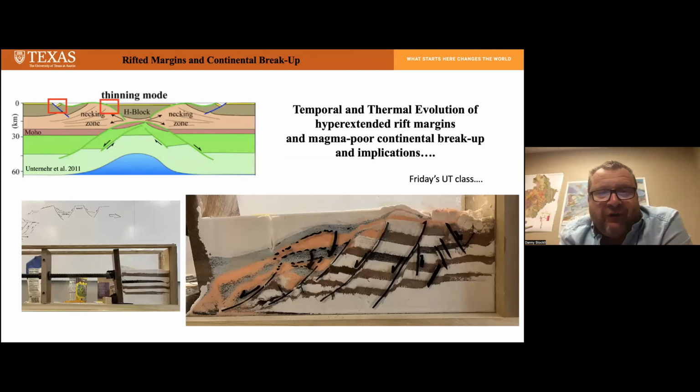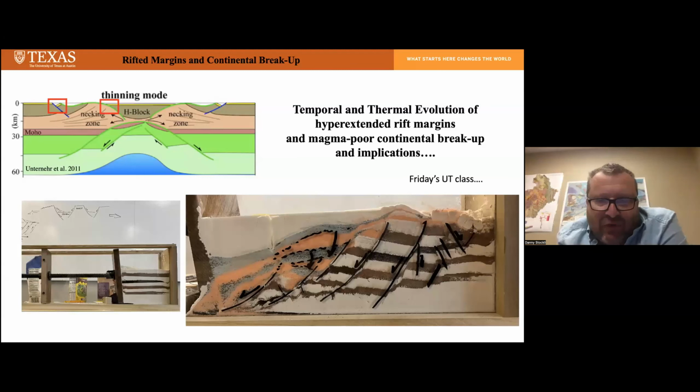So what you've seen so far is essentially pretty simple cooling. You're pulling the footwall up along a normal fault, and things cool overall pretty well behaved, unless you have some complications along the normal fault. And so here's just a little motivational slide from my class last Friday. We did some sandbox experiments, and so